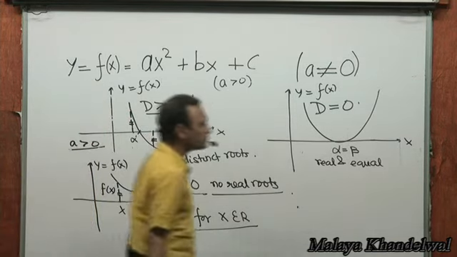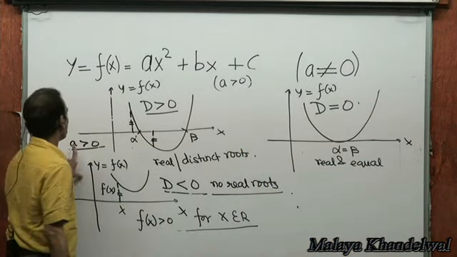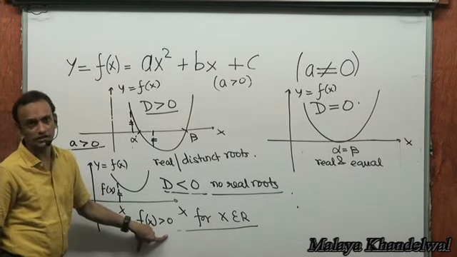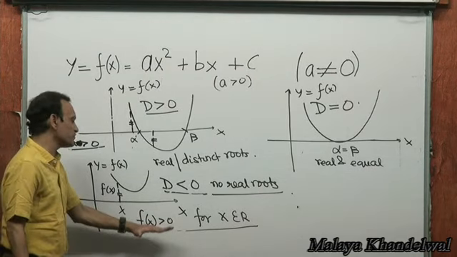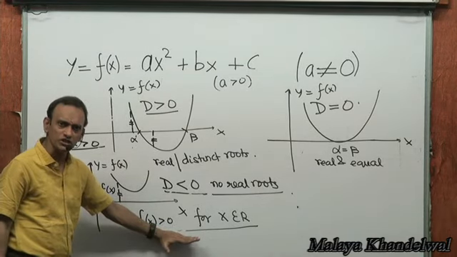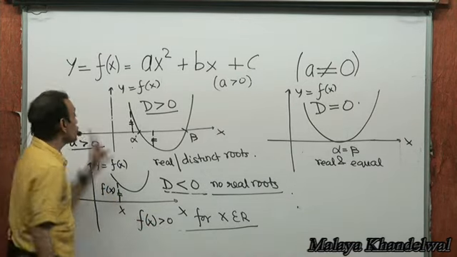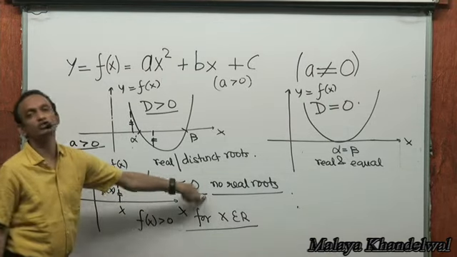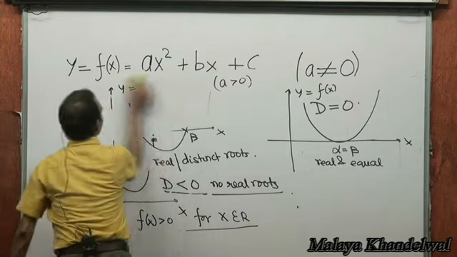Right? So, one thing for sure, if d is less than 0 and if a is greater than 0, then f(x) will be greater than 0 for all real x. It will maintain the same sign. And conversely, if you find that f(x) is greater than 0 for all x, you can conclude, one, it's an upward opening parabola, two, the discriminant is less than 0. Right? Now, similarly,